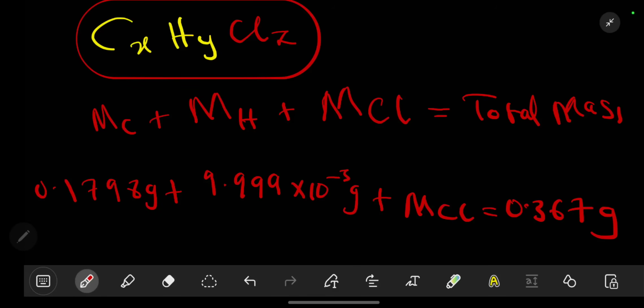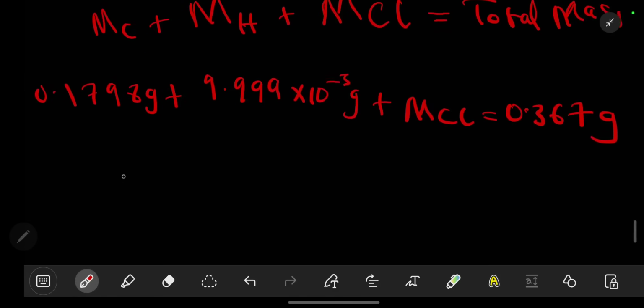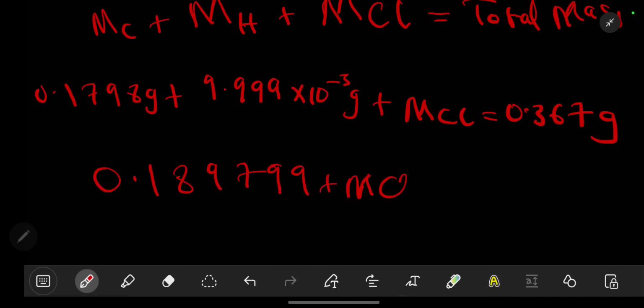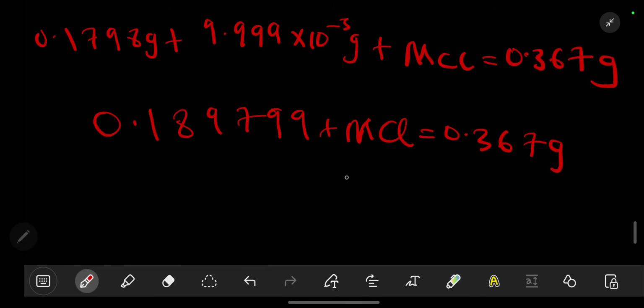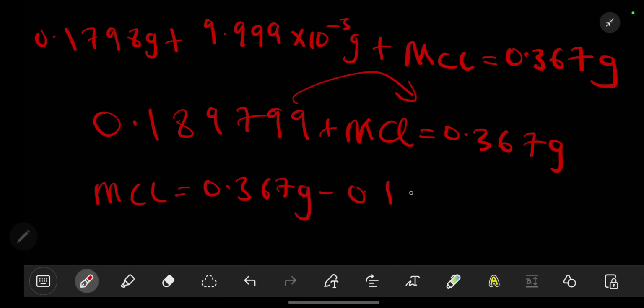So we are going to get a value of 0.189799 plus the mass of chlorine, which should be equal to 0.367 grams. So we are going to take this value to the other side. It will be, so the mass of chlorine should be equal to 0.367 grams minus